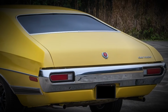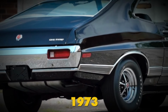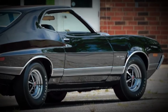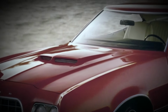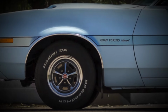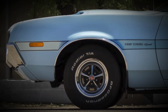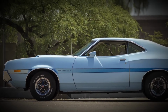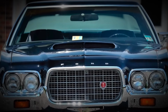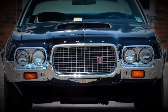One of the most significant changes that affected the car's design and performance came in 1973 with the introduction of new federal bumper regulations. These rules required vehicles to be equipped with larger, more durable bumpers to improve safety in low-speed collisions. While the intention was practical, the result was a change in the car's aesthetics. The once sleek, body-fitting chrome bumpers were replaced with larger, bulkier versions that disrupted the Torino's clean lines and its